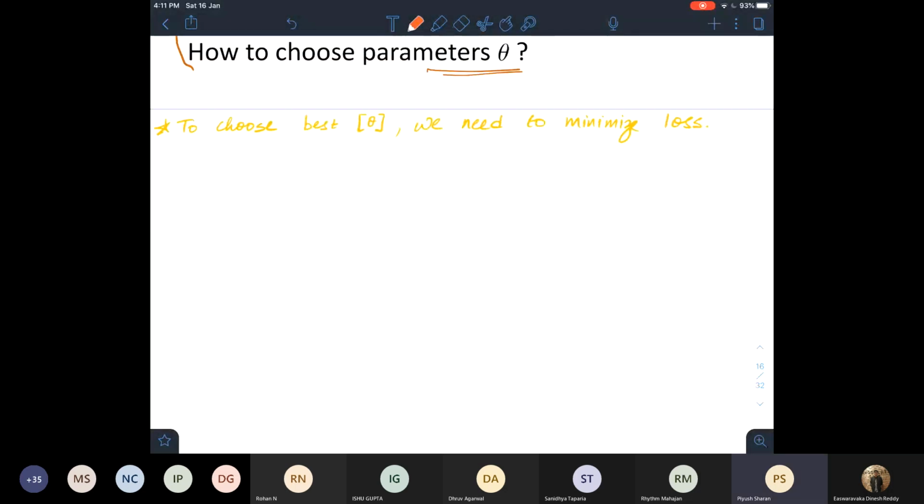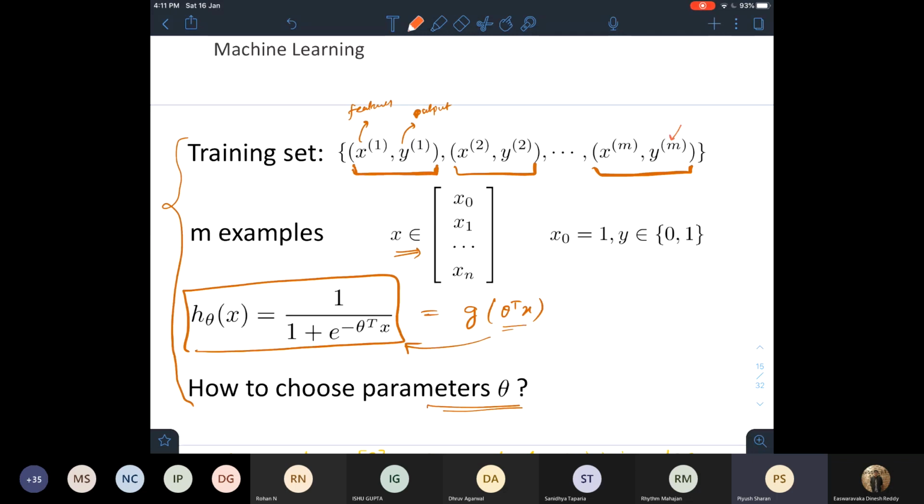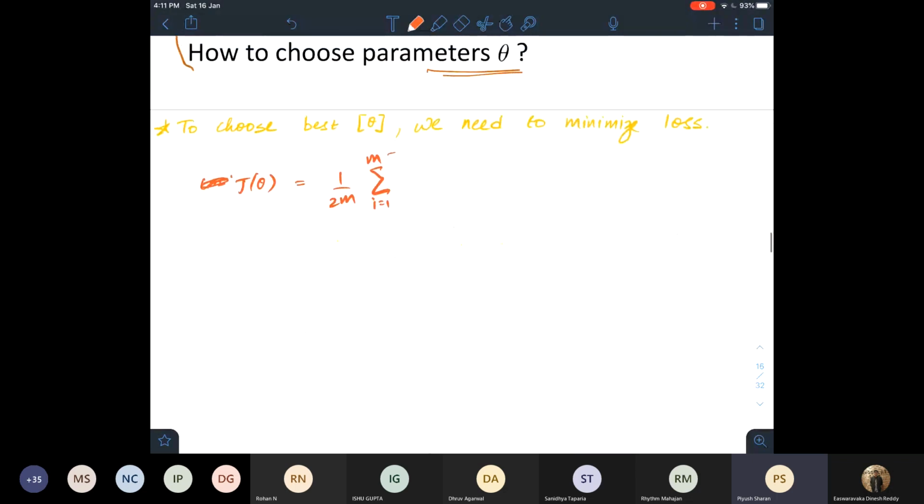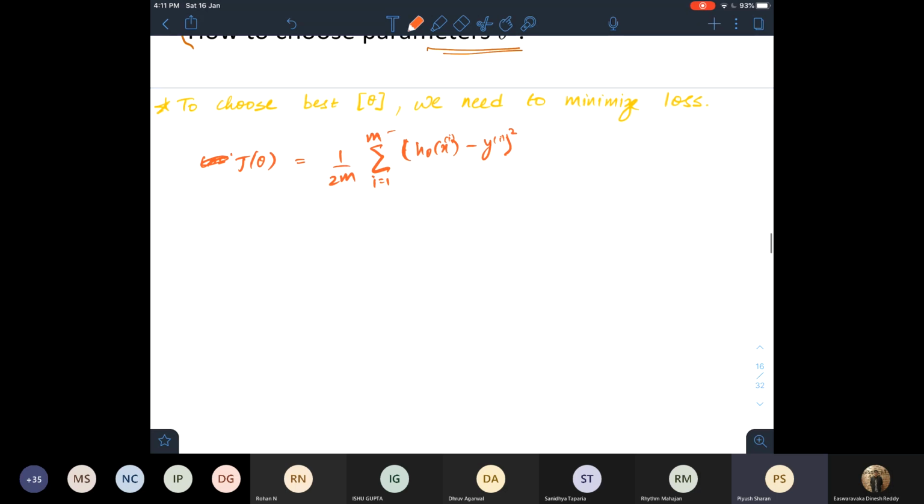So before, if you remember, in linear regression our cost function J of theta was 1 upon 2m, summation i equal to 1 to m. This m is the same here, the number of data points. And then what we did was h theta of x(i) minus y(i), and we squared it, right? If however we were to do this exact same thing right now,